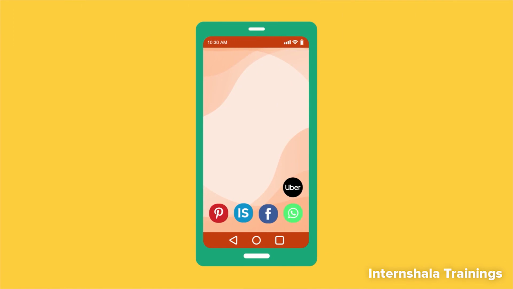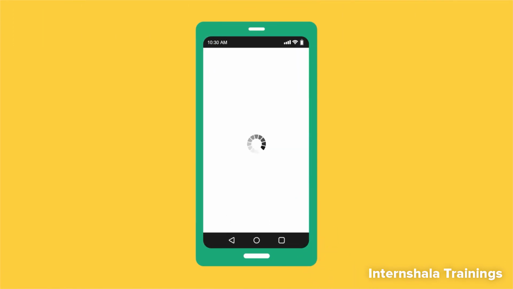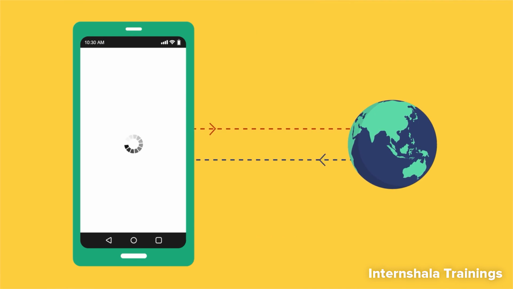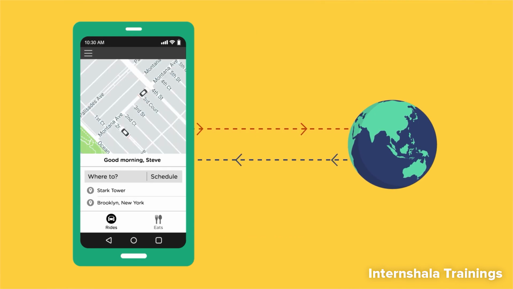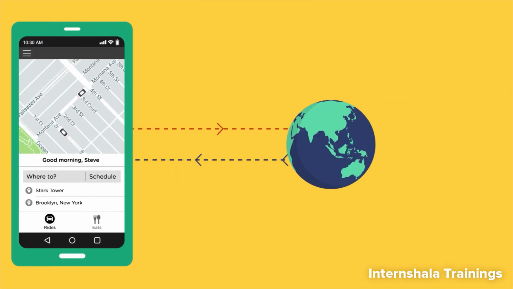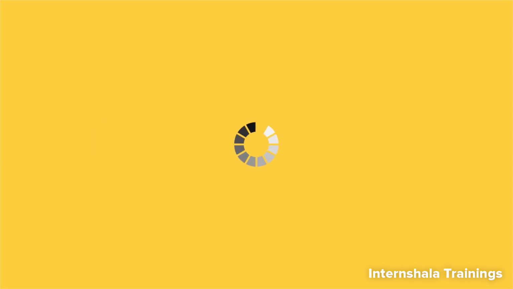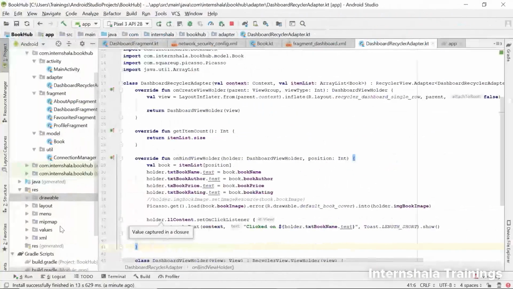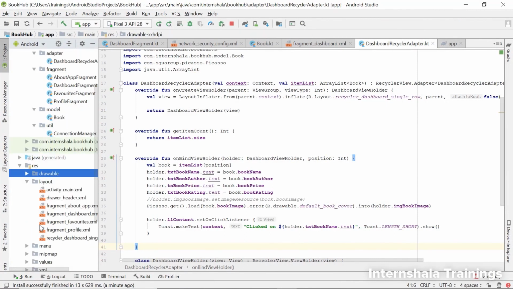You must have seen a lot of times while using apps that this loading circle comes on the screen while the data is being fetched and displayed. The circle goes away when the data comes on the screen. We are going to implement this in our app as well, so that instead of showing a blank screen when there is slow internet, we show this circle so that the user knows there is nothing wrong with the app. This loading circle is known as the progress bar. We will first add it in the XML file and we'll hide it when the data gets displayed. Let's go to the studio and do it.